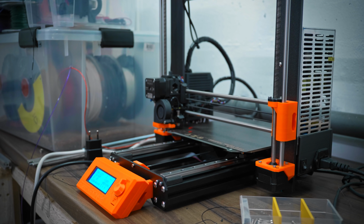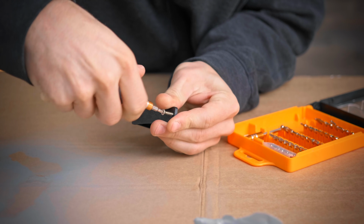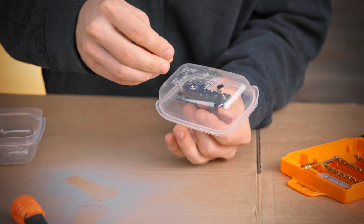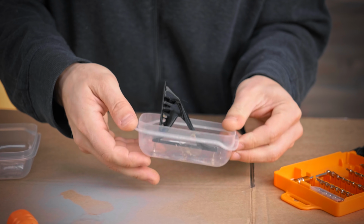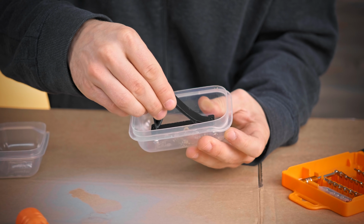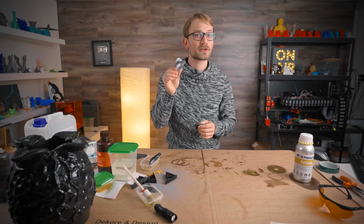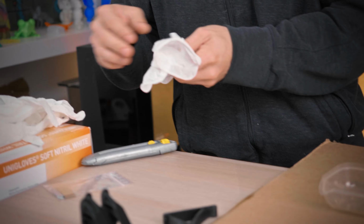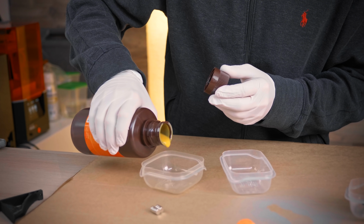So, to get started on this first part, what I did was to thread a pair of screws into the bolt holes on the part, and then I stuck it onto the container using a pair of small magnets. So now we have a gap where hopefully the resin can just drip off and not leave that big foot anymore. On this first trial, I just had way too much resin on the part that I then had to get off somehow. So this time I brushed on some resin, tried to get it into all the nooks and